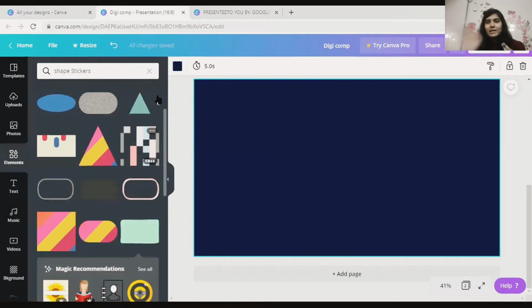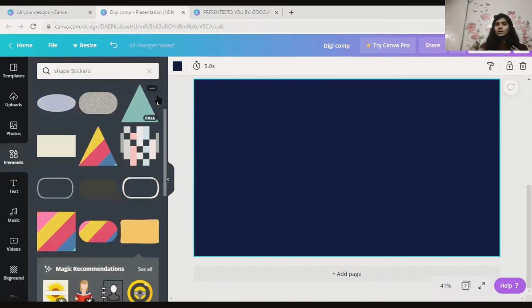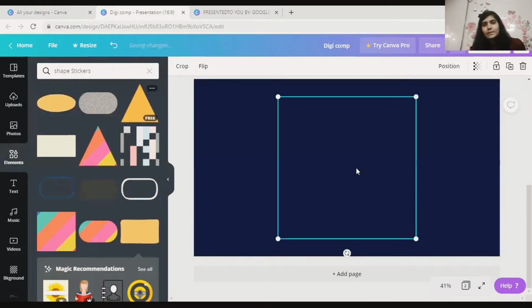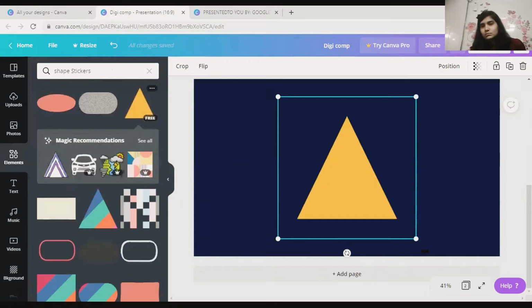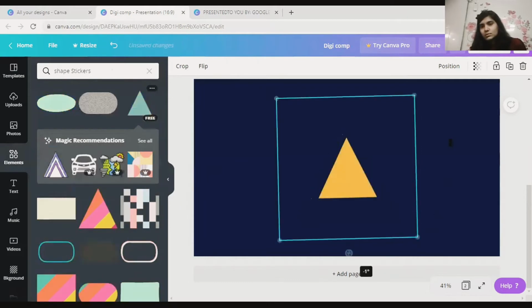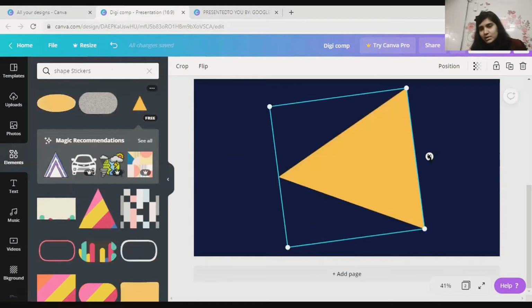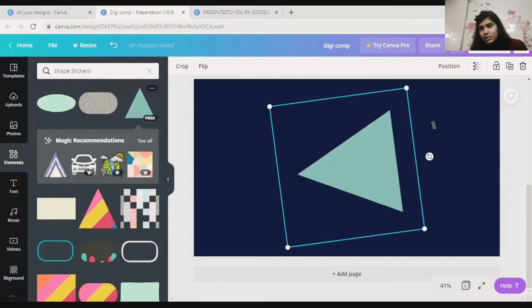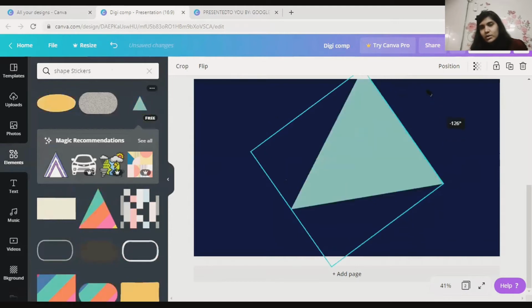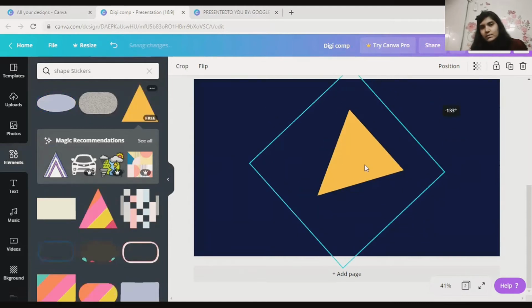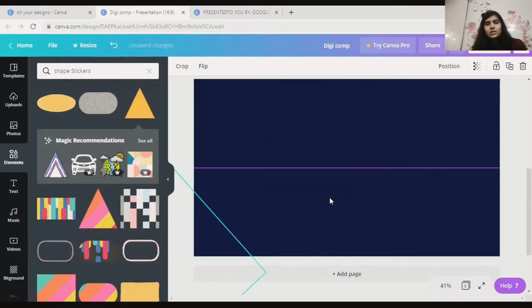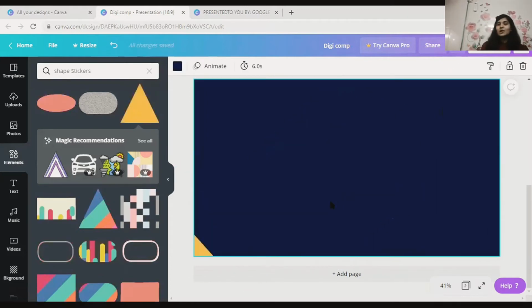Now I want to add animations first. We'll talk about the other things later. We'll add animations first. Okay, I'll just design the slide so that it looks nicer, right? Now what you can do is, as you can see, I'm clicking on the rotate option here and I'm using this. According to how much you want to rotate it, you can use it, right? So now you can use it like this.